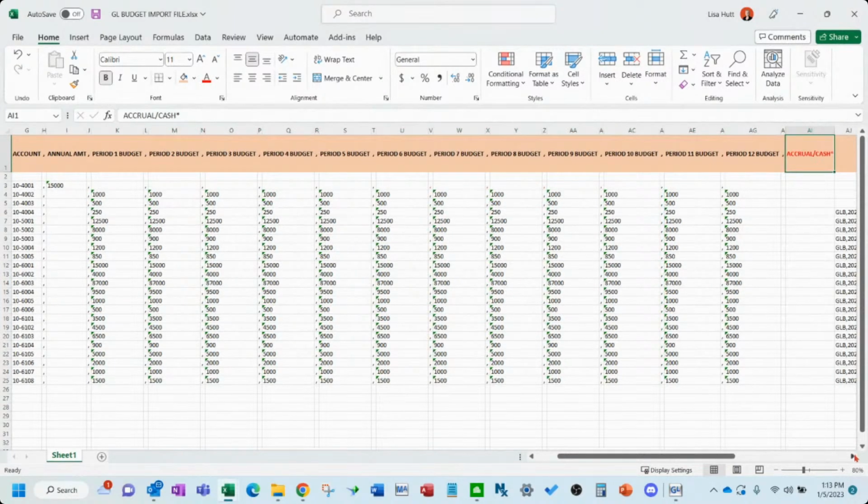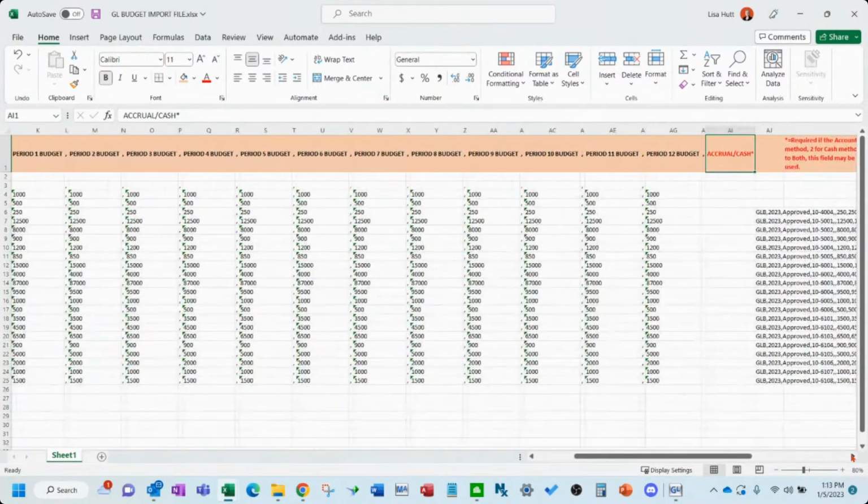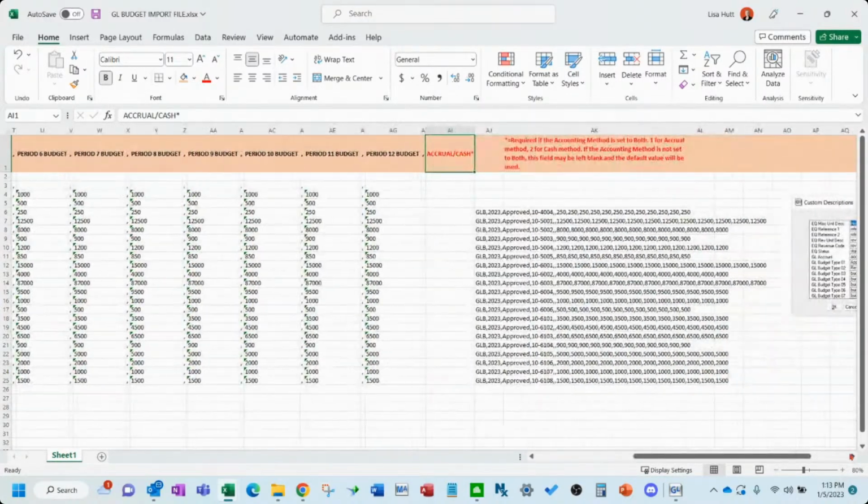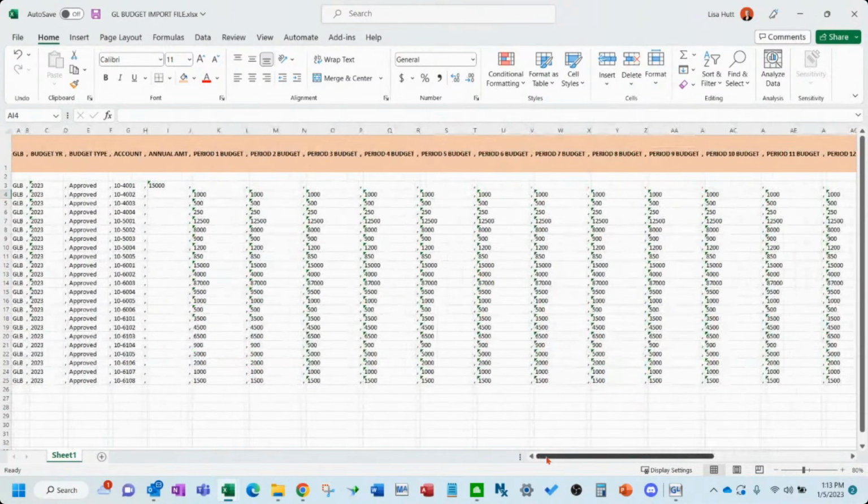So if you're using the option to have both accrual and cash basis, you have to put something here. But if you're only using one basis or the other in your general ledger setup, then you do not need to fill that in. Okay, so I'm not using that, so mine is blank. All right.